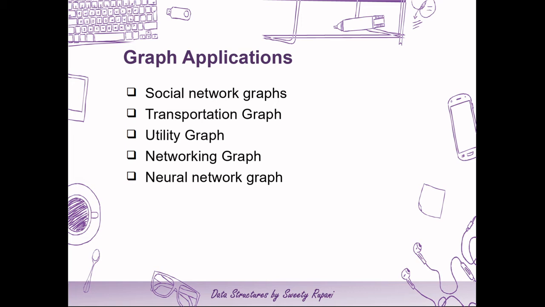Such graphs are used for analyzing network security, studying the spread of worms, and tracking criminal or non-criminal activities. The next one is a neural network graph. Vertices represent neurons and edges represent the synapses between them. Neural networks are used to understand how our brain works and how connections change when we learn. So we can say that a graph has so many applications in a wide variety of fields.